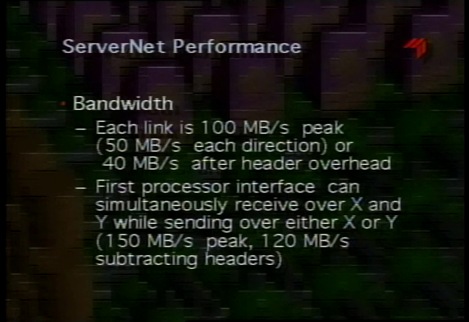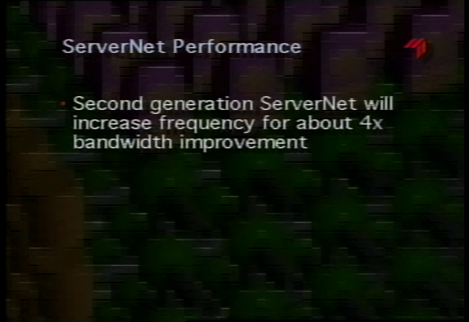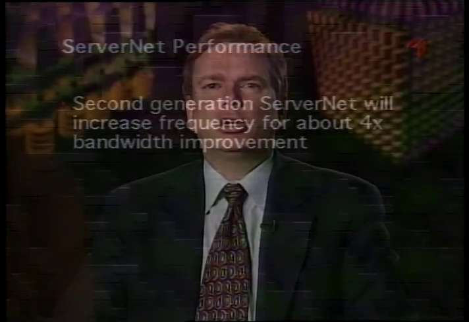The first bus interface is limited to around 20 megabytes per second because it can't do multiple outstanding requests, since it doesn't have prefetch capability. The next generation will have that prefetch capability and will be able to saturate the links. The second generation of ServerNet, which we'll be working on in the upcoming years, will increase the frequency of the individual links by about a factor of 4. We're currently running a number of simulations of large systems to determine the loaded performance, and we'll be able to determine how well we've met our design objectives in handling burst traffic through the networks.